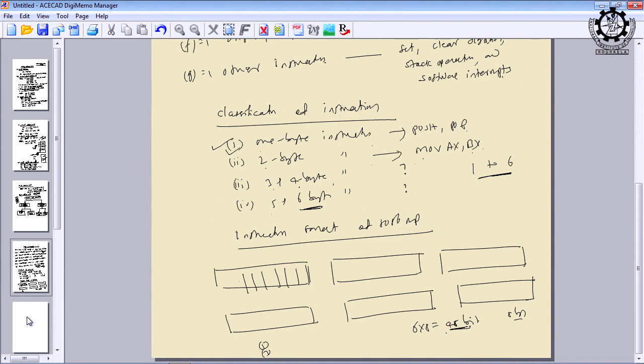What is the meaning of each and every bit in the instruction format? Once you know the meaning of each bit, whenever a hex code is given for a corresponding instruction, you can easily interpret what type of addressing mode it follows, what type of operand it is using and what type of opcode it is using. Because from the instruction format itself, you can know the operation to be performed, the operand to be operated on, and the different addressing modes.